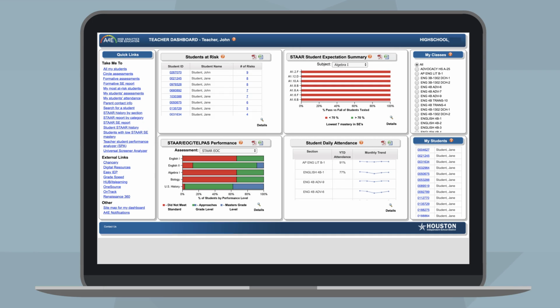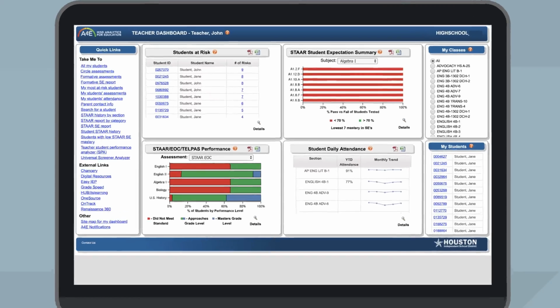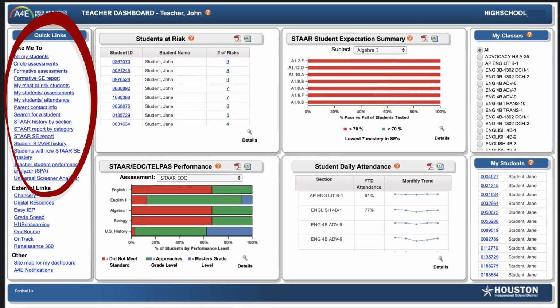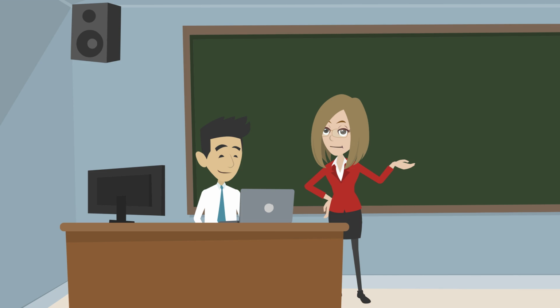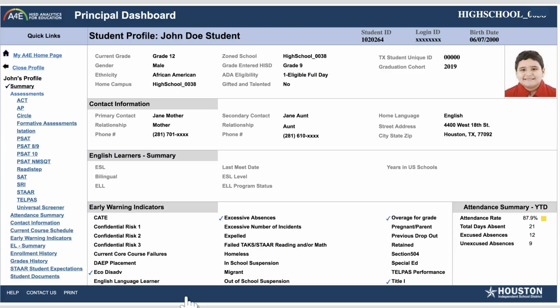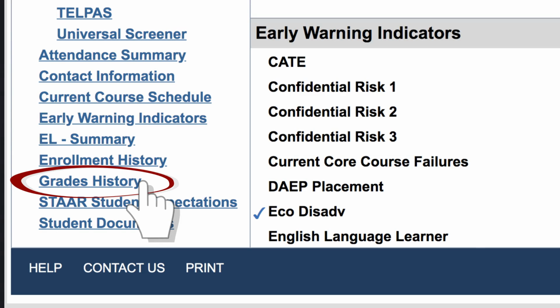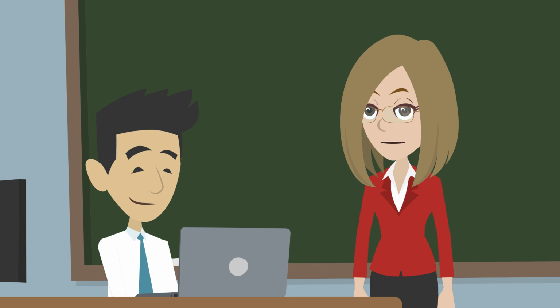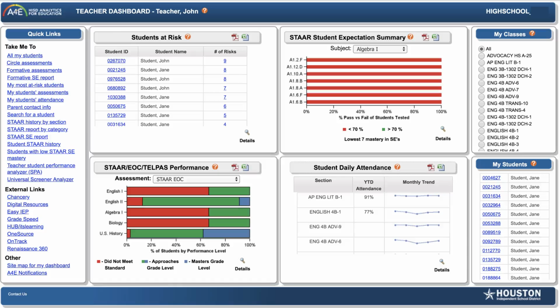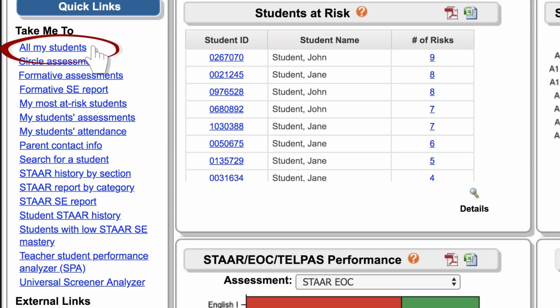When you go to your A4E teacher dashboard, you'll see navigation links on the left side in the Quick Links area. A good place to start is to review your student's grade history, which you access for each student individually on their student profile. You can get to the student profile from any report on the teacher dashboard that includes the student ID. But an easy way to find a student is to use the teacher dashboard's All My Students